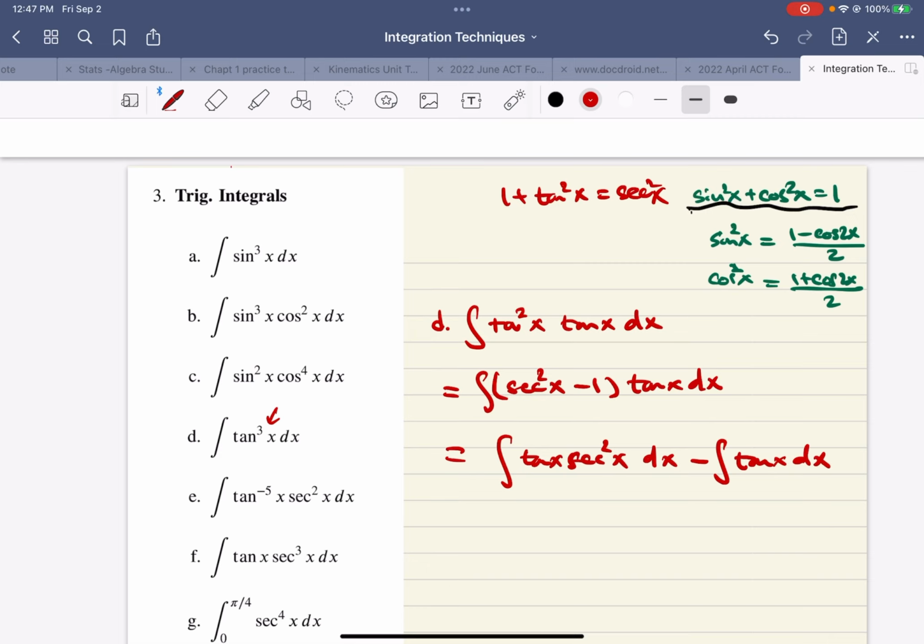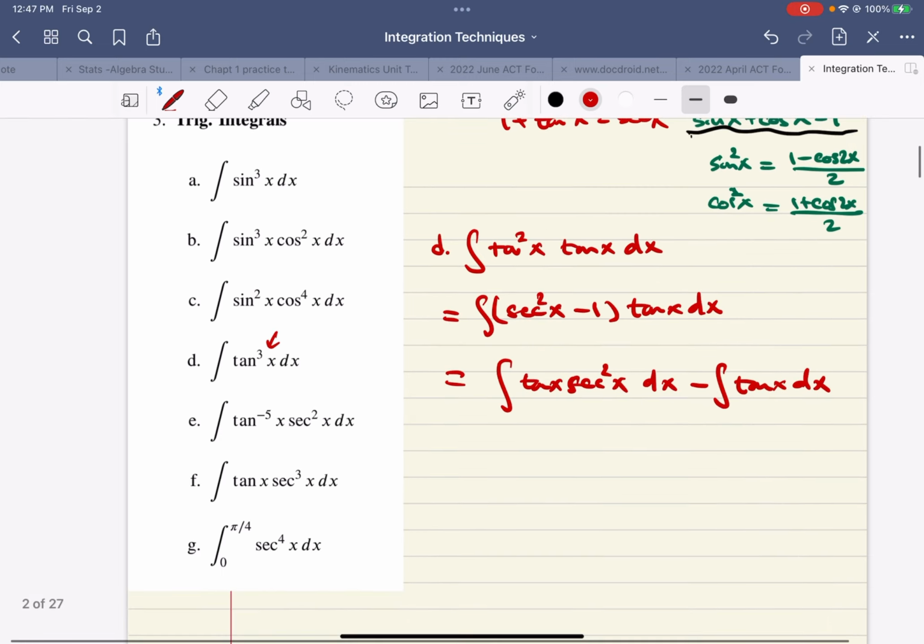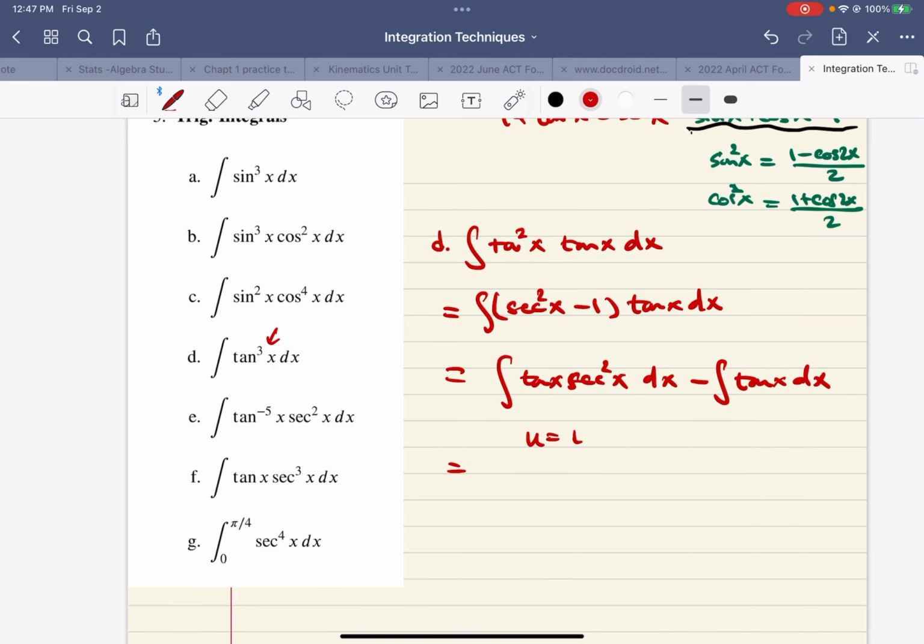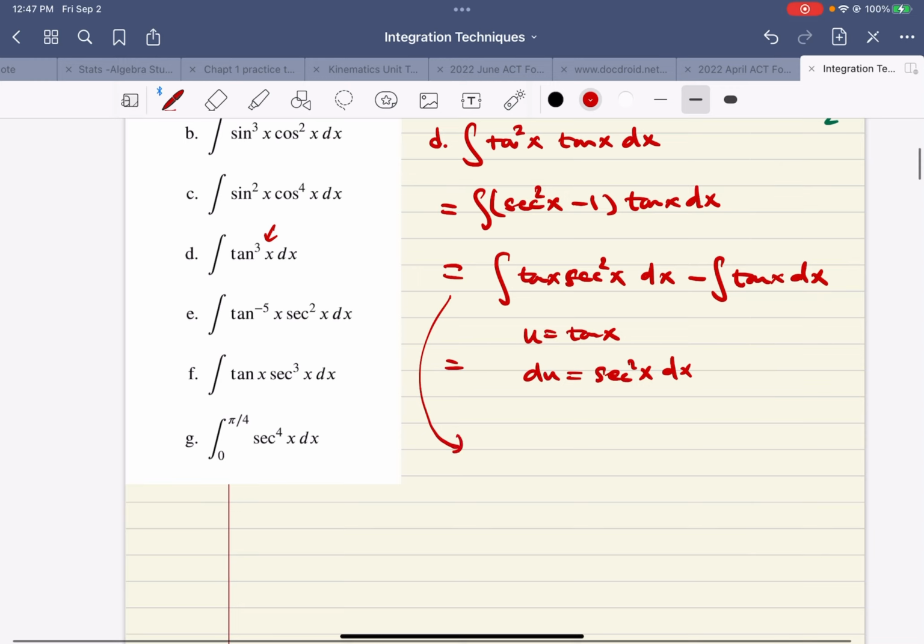You can split it by multiplying it out. So now from here, you can use the u sub. The derivative of tangent is secant square. So let's say u equals tangent x. So du equals secant square x dx. So that will be integral u du